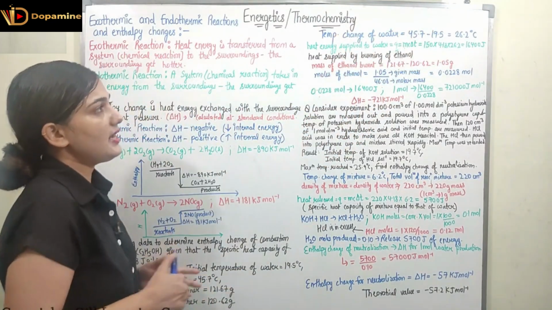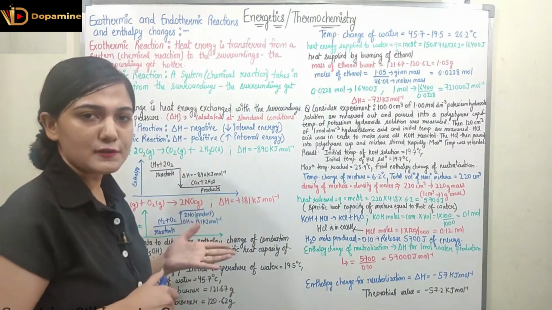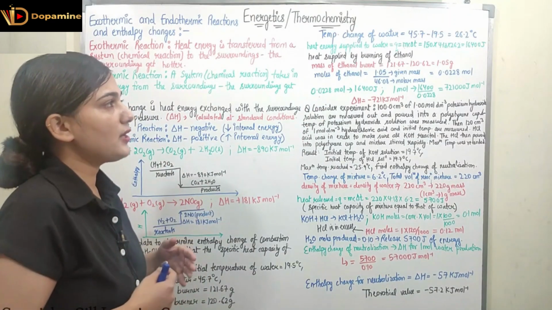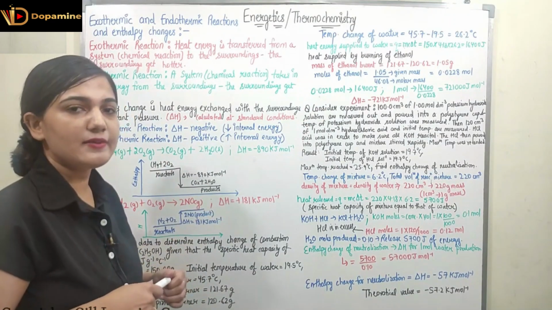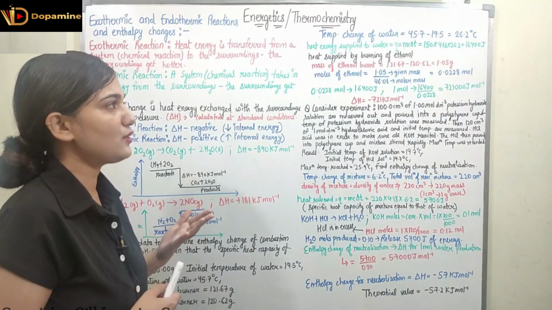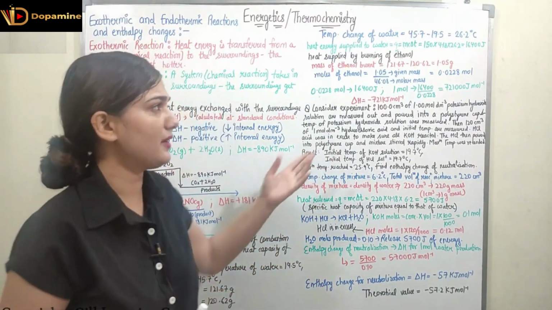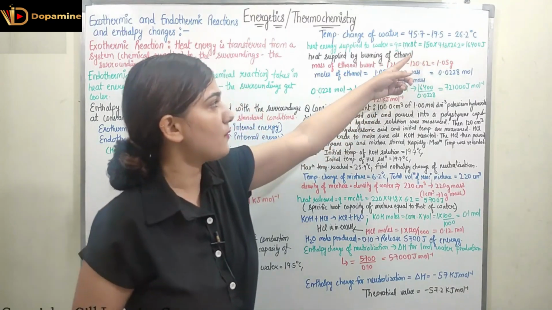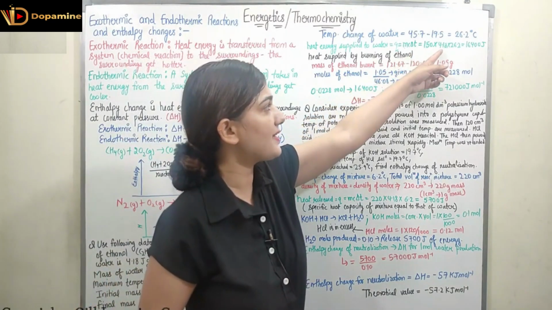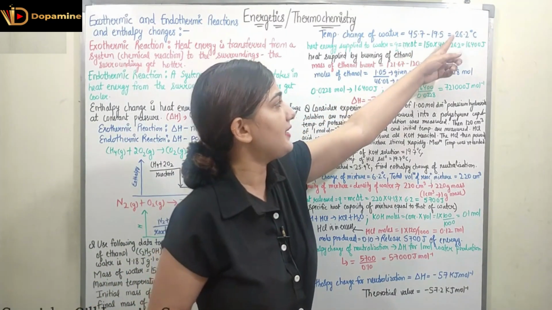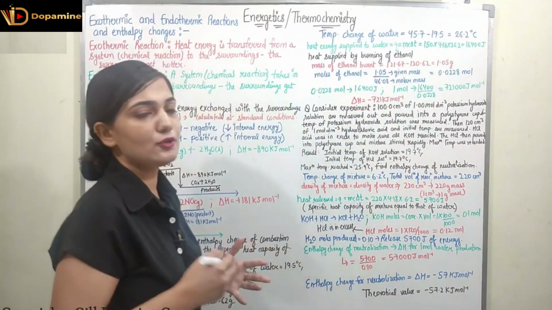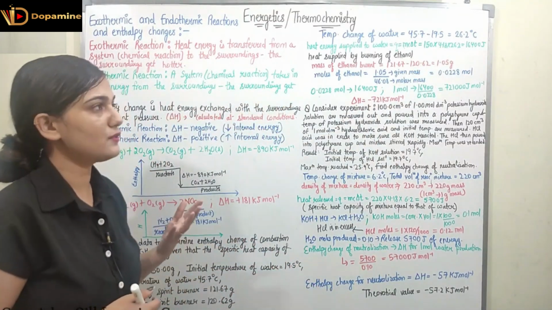The heat energy supplied to the water can be found with the formula Q equals m c delta T, where c is the specific heat capacity of water, m is the mass, and delta T is the temperature change. All of them are given. So 150 is the mass of water, the specific heat capacity is 4.18, and delta T we found to be 26.2, and we get 16400 joules.